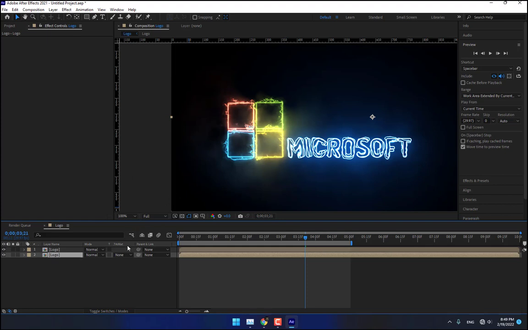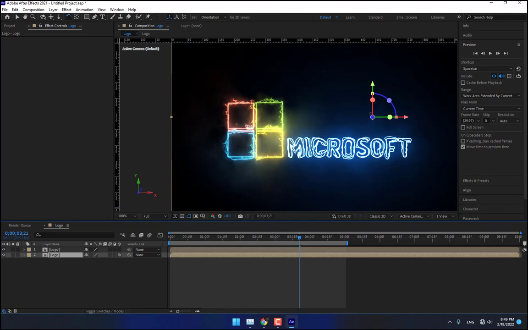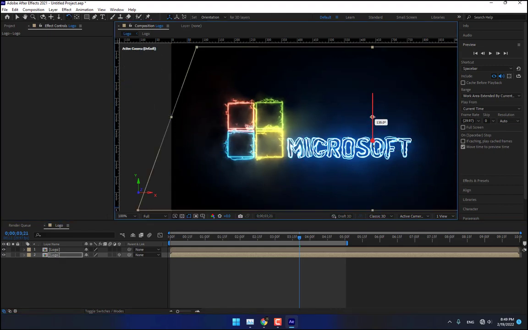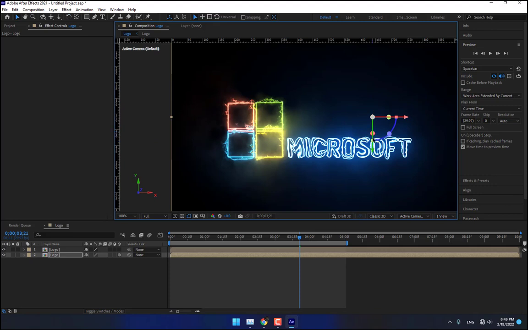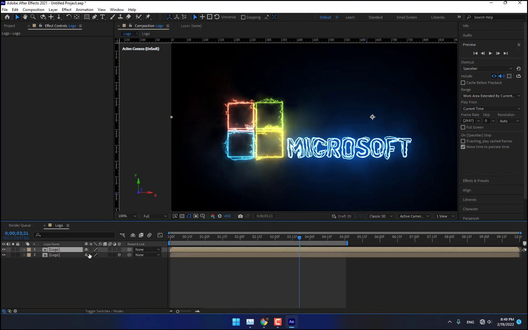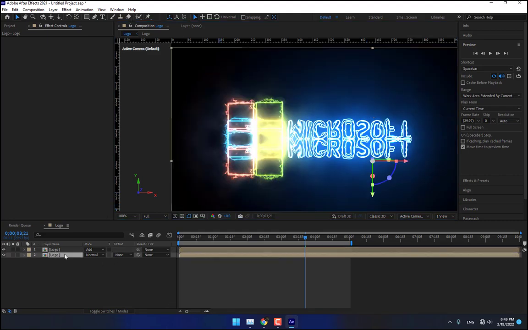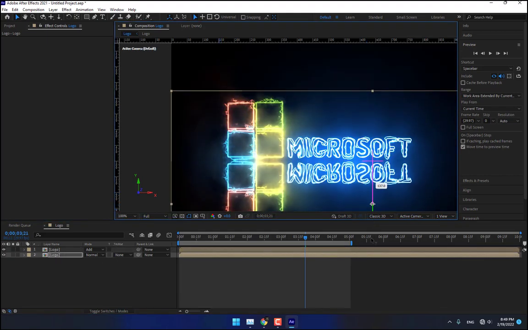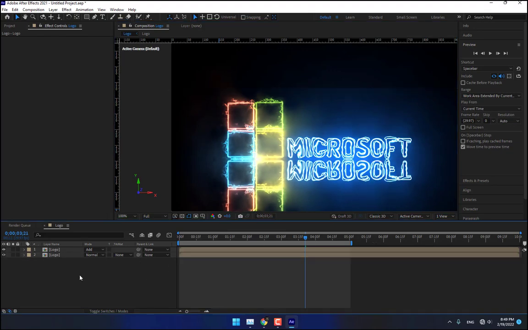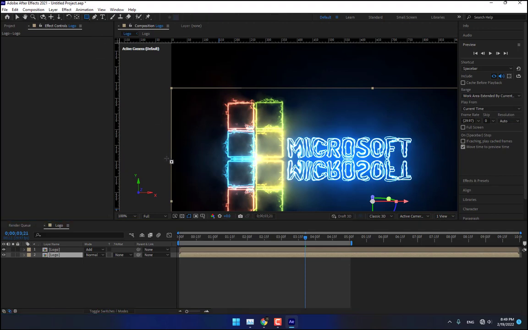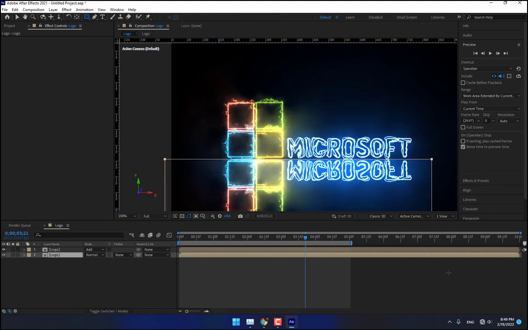for duplicate, and now press F4 for turn on the 3D switch, and rotate the layer, press shift, and now move down, select this one, press F4 for move, add, and move this one, move down like this. And now select the mask, draw mask,